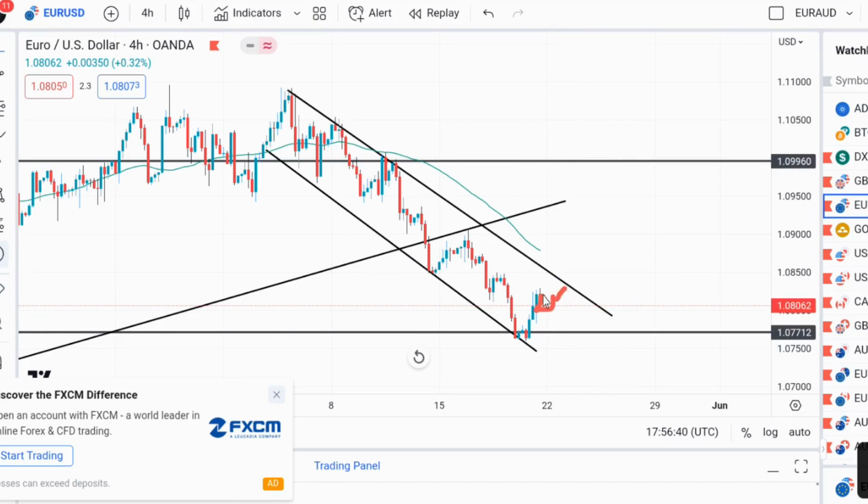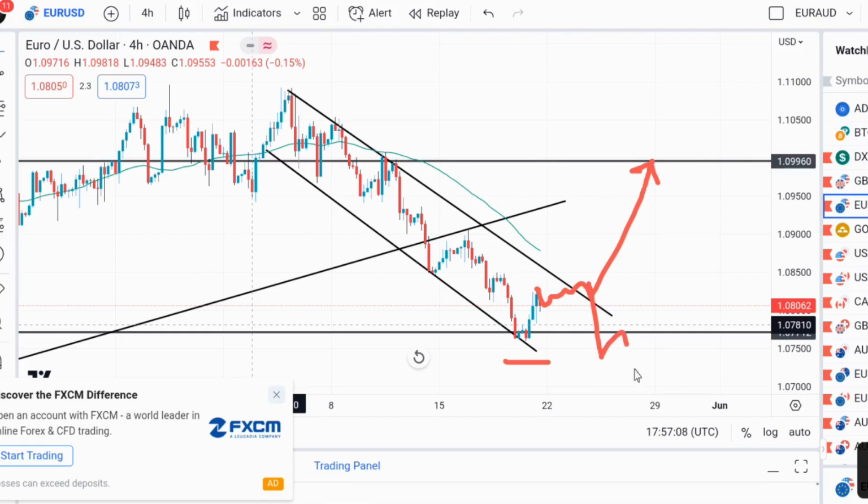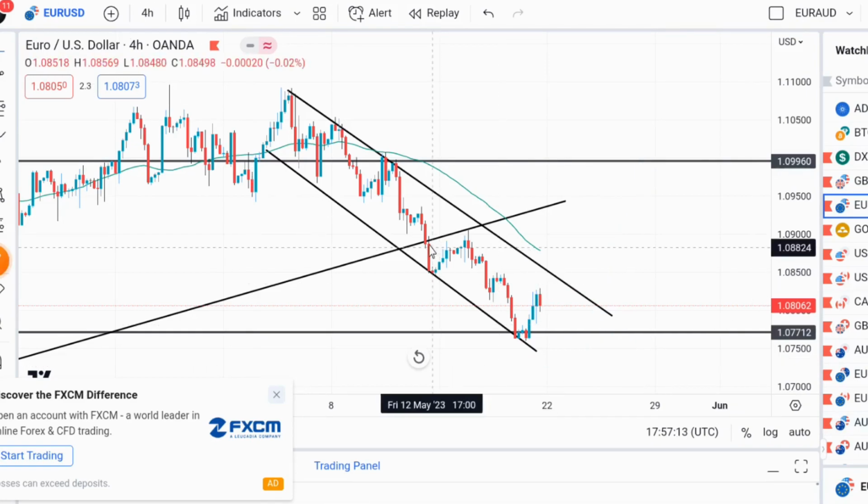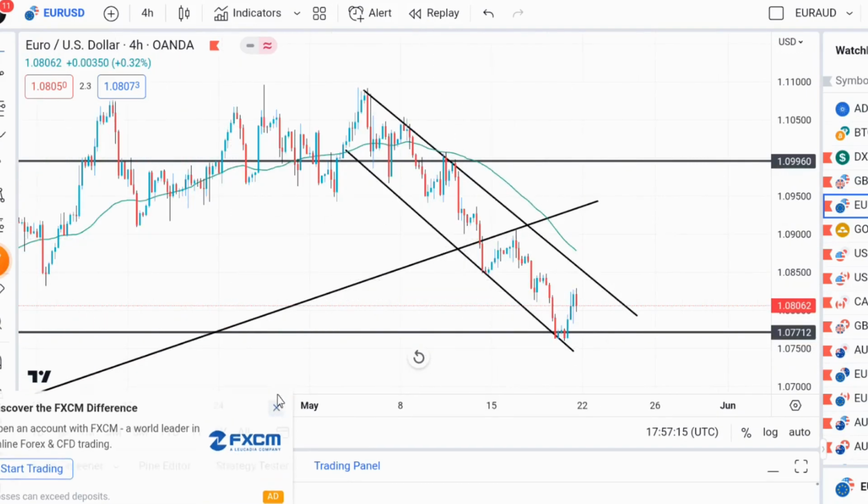So actually we might see a move to this resistance of the trend line, and then we might see a rejection at that particular level. But if we see a breakout of this trend line, then we should be looking to 1.0996 as our next take profit target, and then our stop loss should be below that particular level. So if we break below this level, it means that euro USD is still in a sell zone. So let's see how it goes at that particular area.